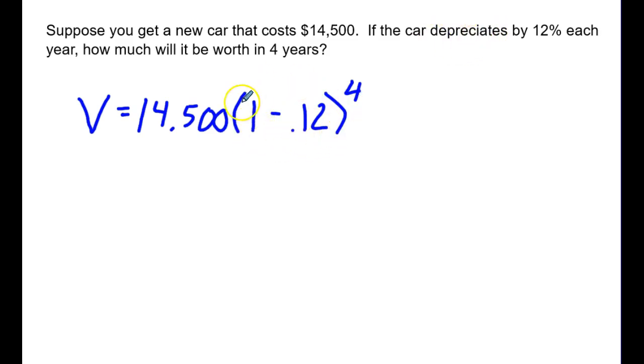If we look at our b value, 1 minus 0.12, this value is between 0 and 1. Now we would just plug this in your calculators, again rounding to 2 decimal places because this is dealing with money. So our answer is going to be approximately $8,695.58. So if you bought a car for $14,500, in 4 years, if it depreciated by 12% each year, the car would have a value of